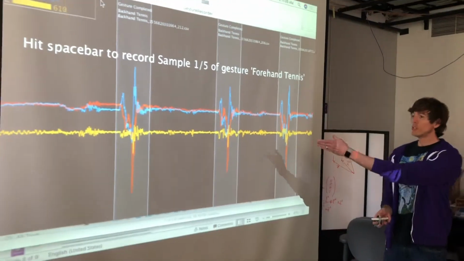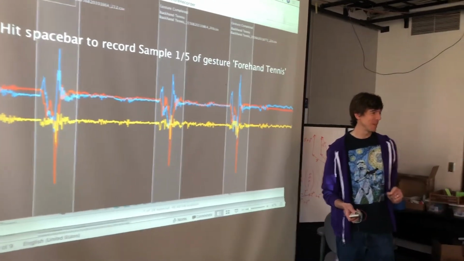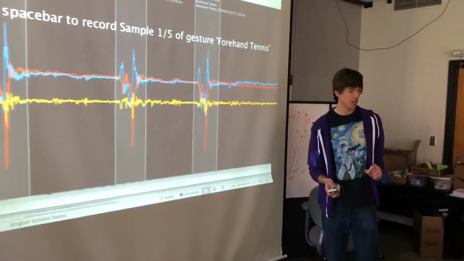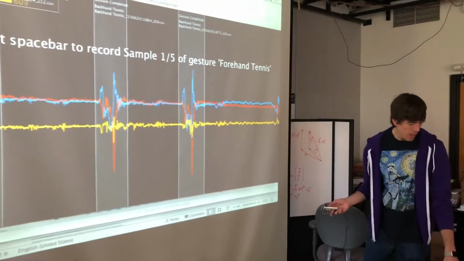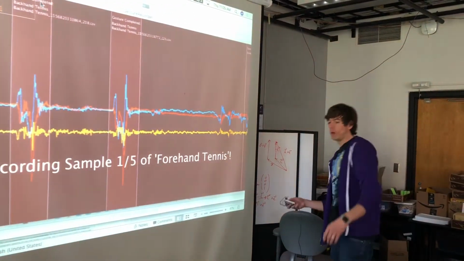And you could probably start to recognize some similarities already, right? That is the essence of template matching and signal processing and gesture classification. Okay, now I'm supposed to do a forehand tennis, which of course is this way. So I would do a forehand